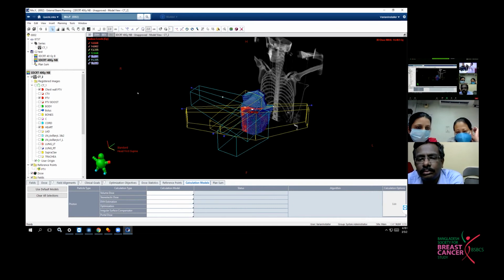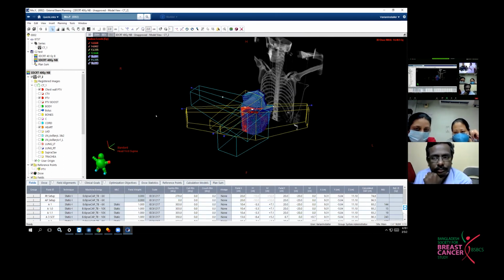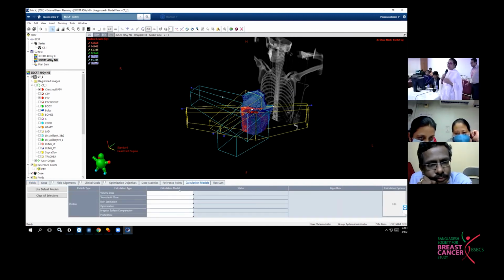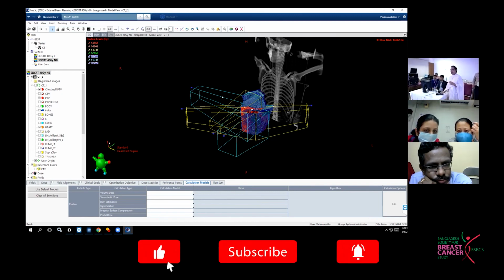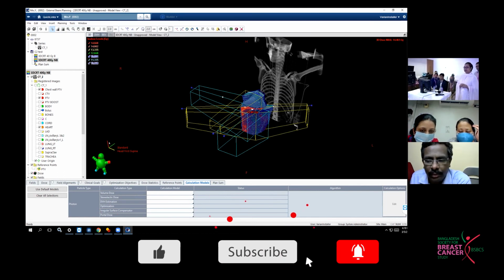Thank you. We have only 10 minutes in our hand. So I would like to request the faculties to give some points. During plan evaluation, what few points should an oncologist keep in mind to accept a plan? First we may discuss this, and then the dose distribution and the homogeneity, a little bit, because we have only 10 minutes. In a very simple way for the participants. Rajesh, you can speak first, then I think I can add once you have done.